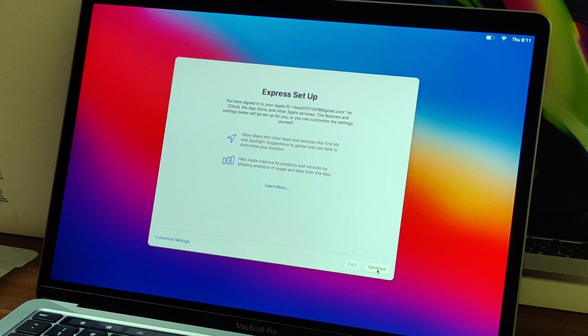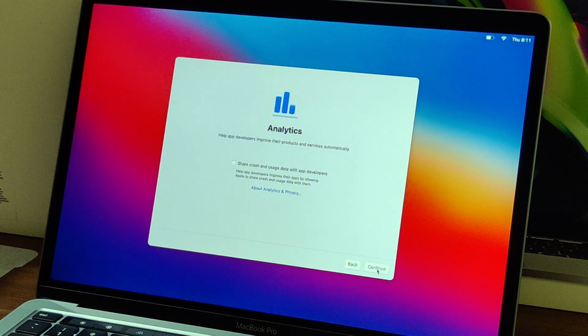As you click on continue, you land up on the analytics page. The app developers of Apple are basically sent reports which help them understand how their apps are working when loaded with high data, with respect to performance, crashes, what is the exact point where it has crashed, and then they'll work further to enhance and make the apps work better for the customers.